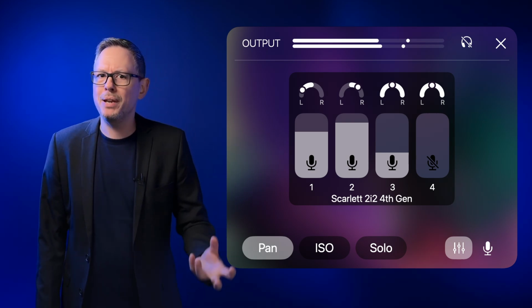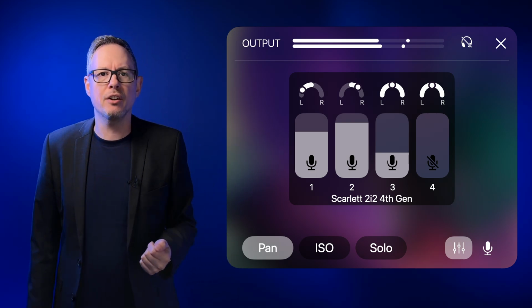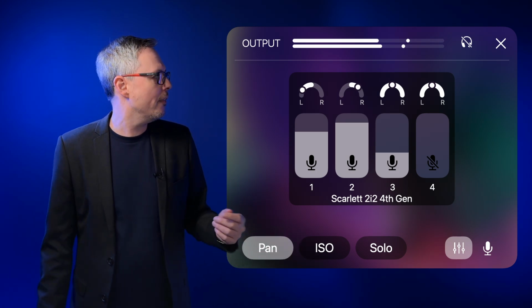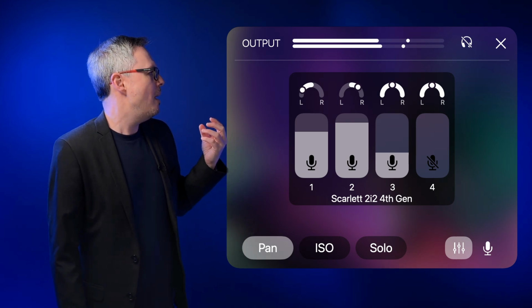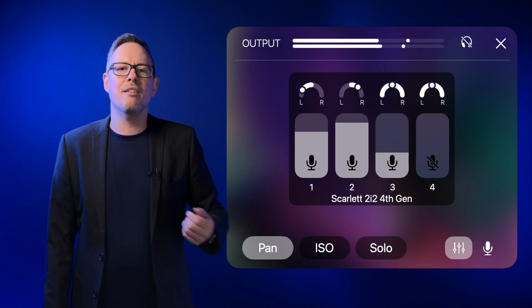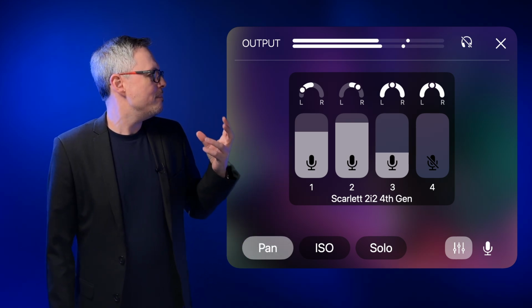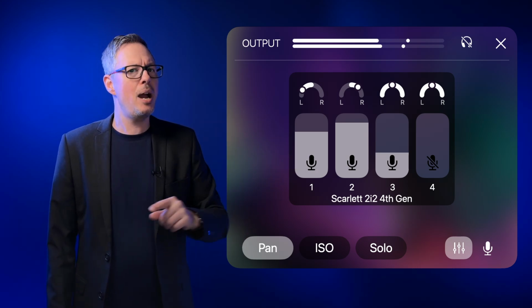Maybe that's coming from the house PA, or maybe it's just a microphone floating around the audience, maybe some questions, something like that. I've got that turned off. I don't want that going out of my stereo mix. I don't want it to be recorded in the stereo mix. So I don't want it to be streamed. It's there as a backup, but how can I use it?